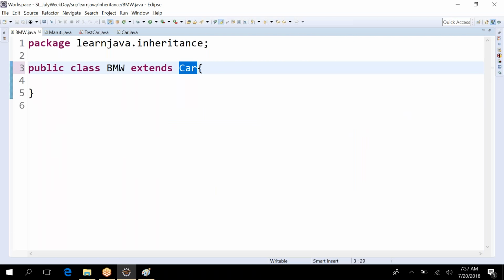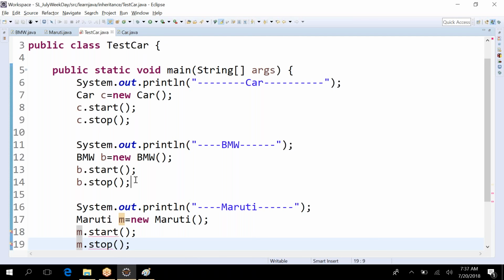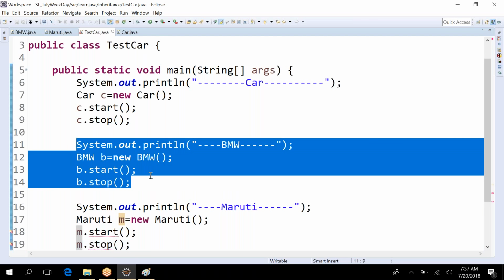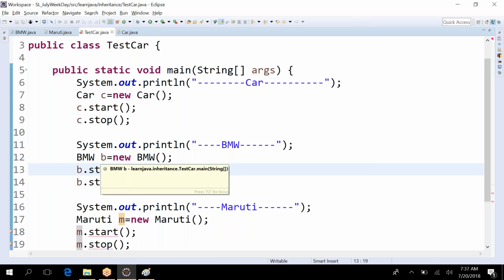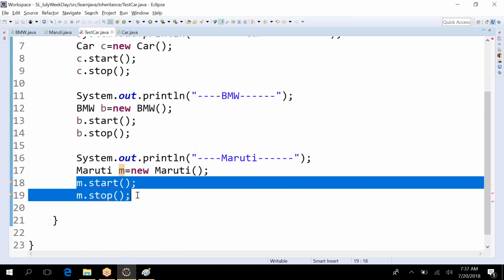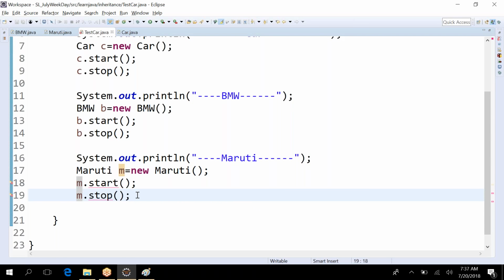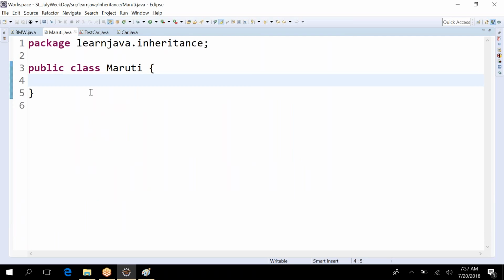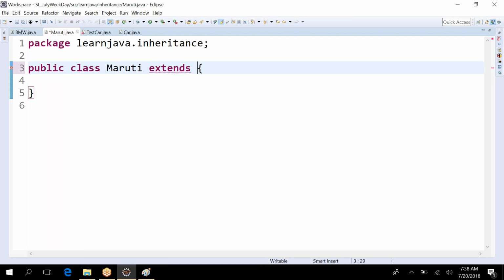If I save it and go back here, can you see I'm not getting any error message here? Now I can access with the help of B. Earlier I was getting an error. Same, you see m.start, m.stop, I am getting an error message because these are not there in Maruti. So it's saying create a method in Maruti. It's not able to access because Maruti is not yet a child class. So I have to make Maruti also a child class. Extends